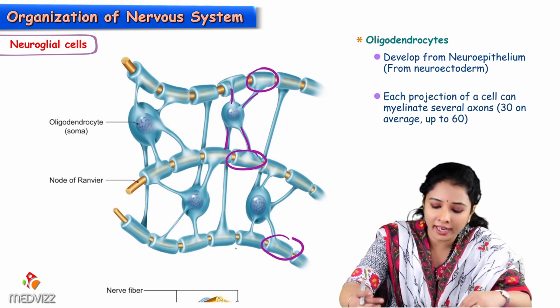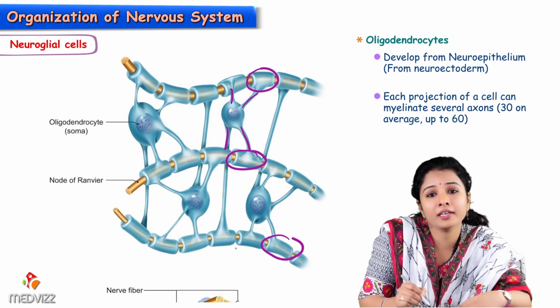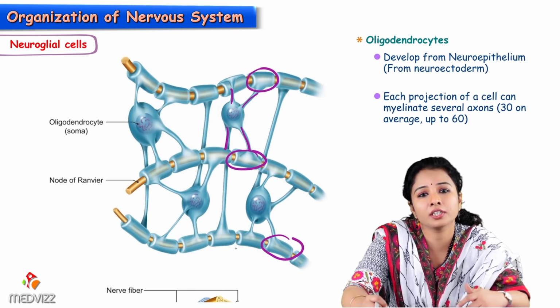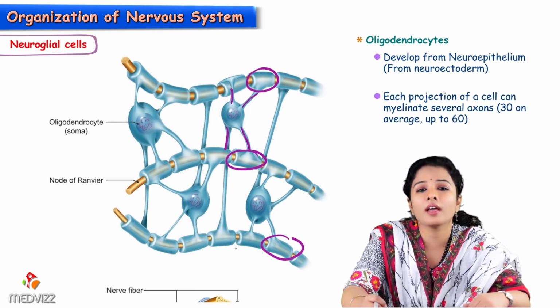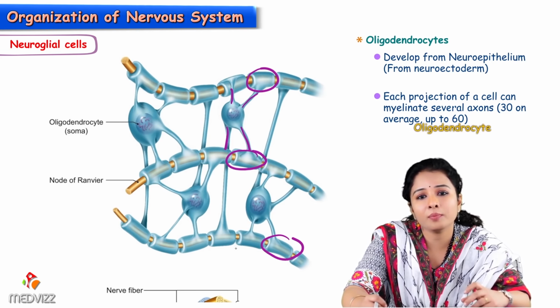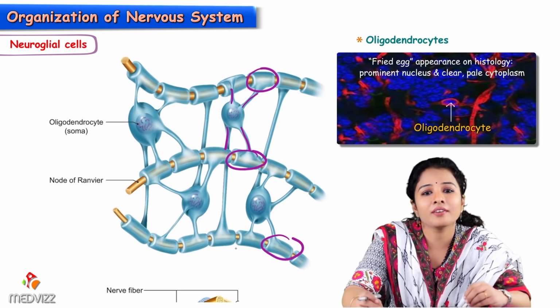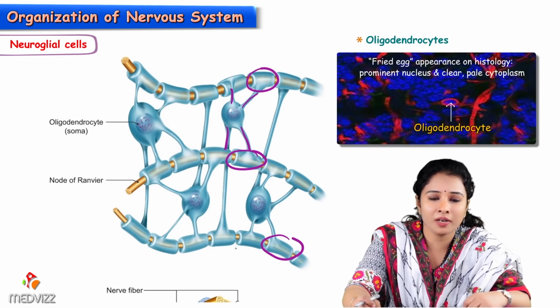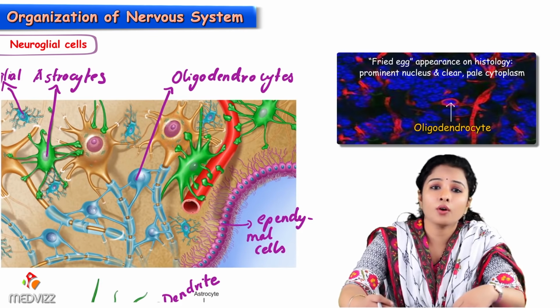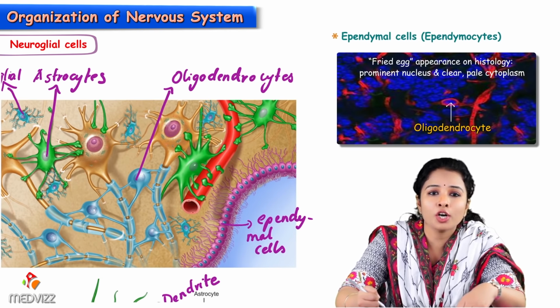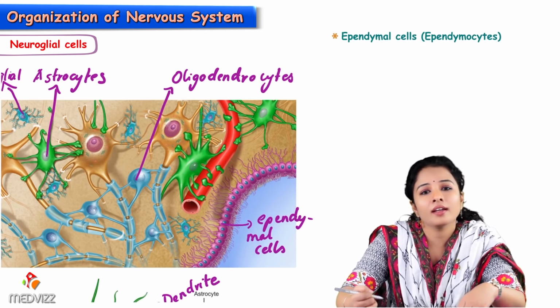We can see here in this picture, it is showing that it can myelinate more than one axon, but actually it can myelinate 30 up to 60 axons. And it appears like a fried egg under histological view, with a prominent nucleus and a clear, pale cytoplasm. The third variety of neuroglial cells are ependymal cells, which are also called ependymocytes, and these